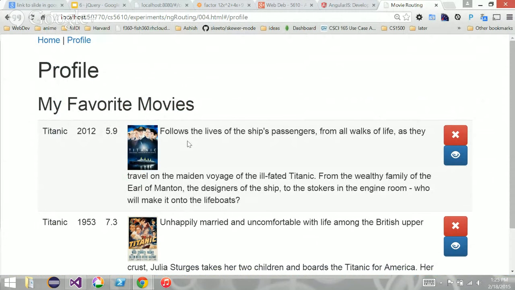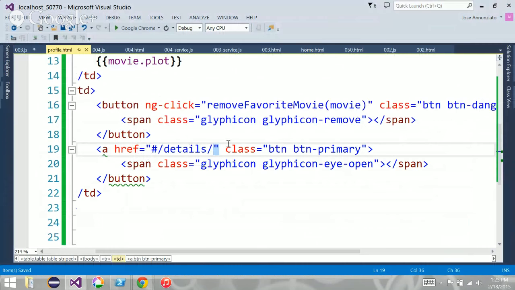We could do it any which way we want. Perhaps I'll use index as an argument. Or we can pass the movie.